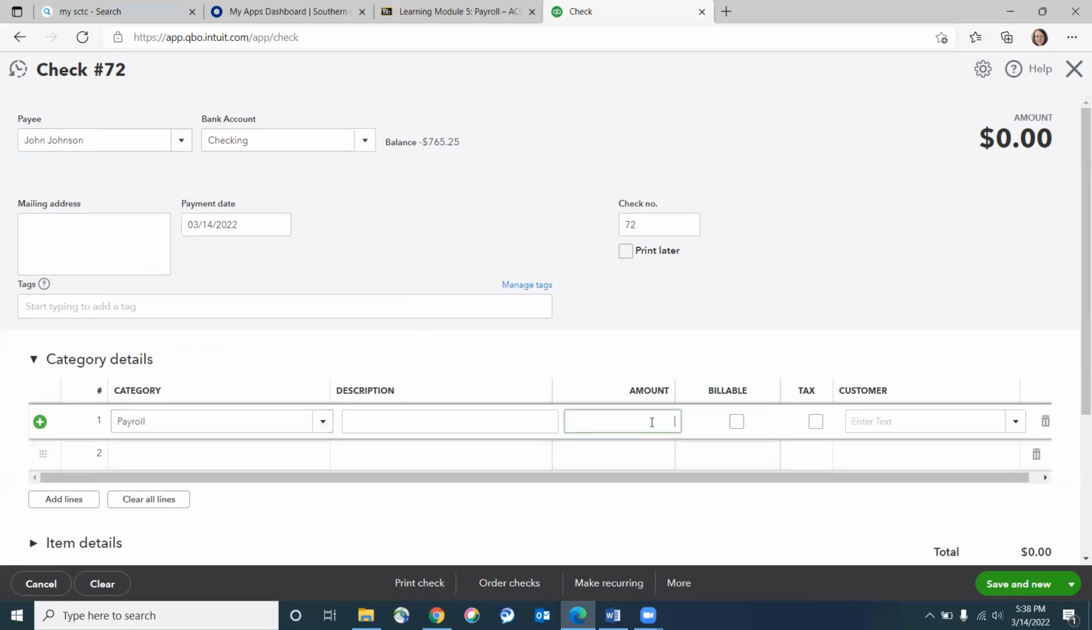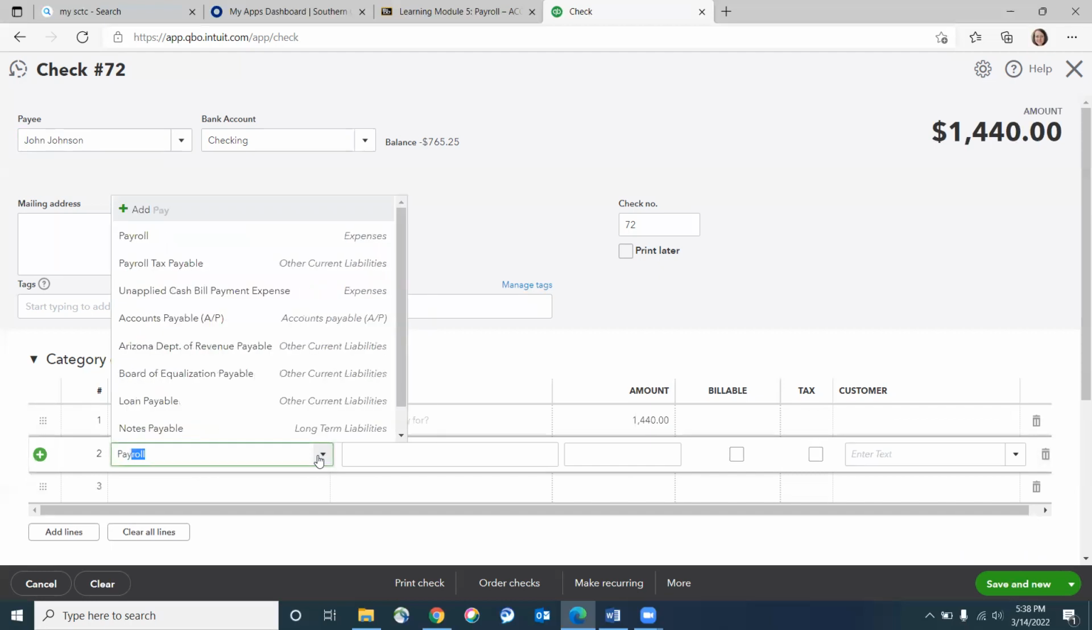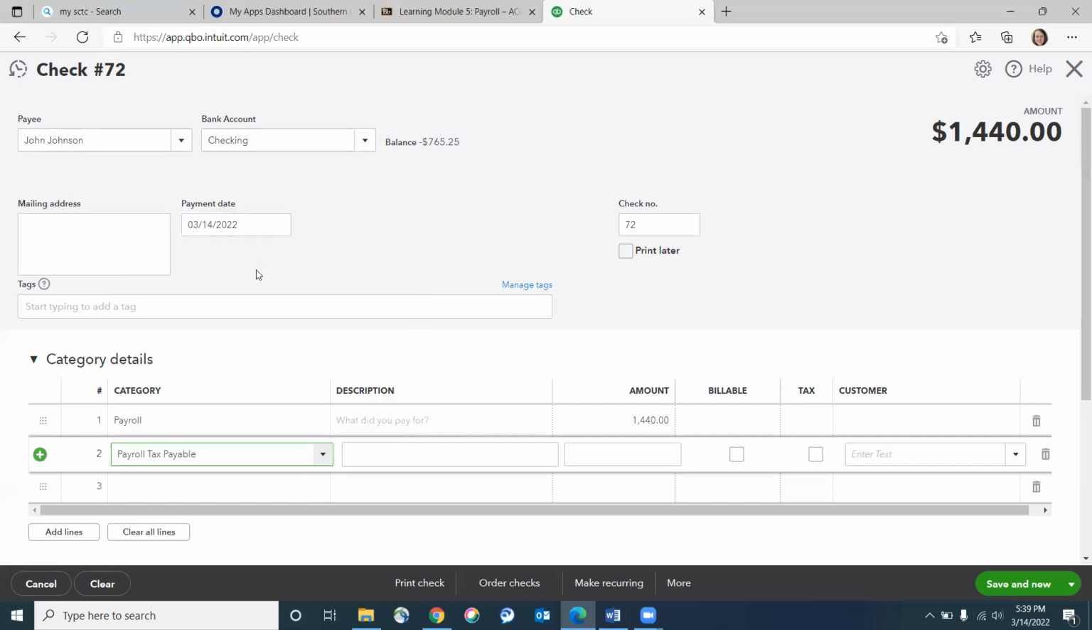And we're going to come over here and enter their gross pay. So John's gross pay is $1,440. All right. On the next line, we're going to go ahead and enter their payroll tax liability. So we're going over here and find payroll tax liability. So this is their federal tax withholding, and their federal withholding